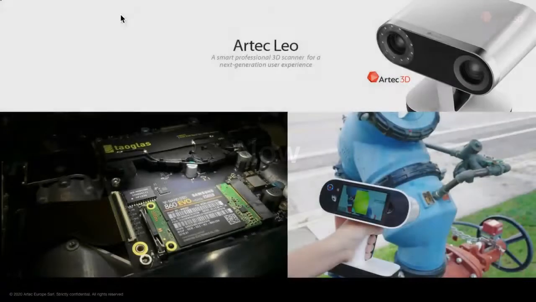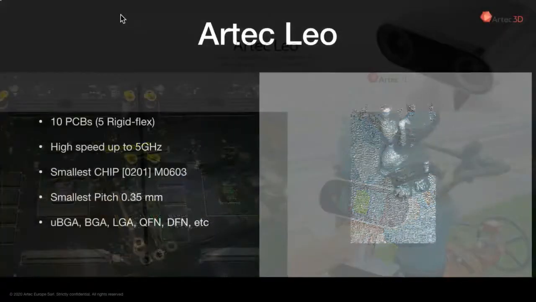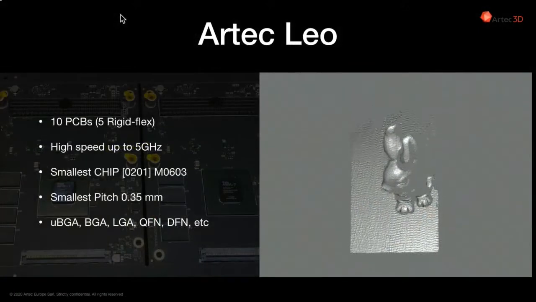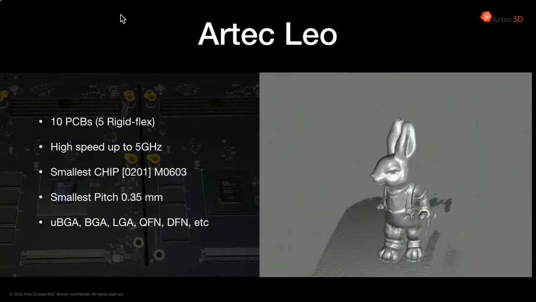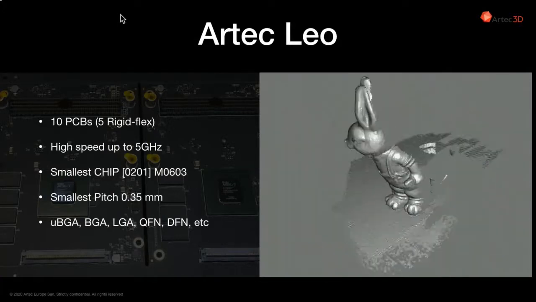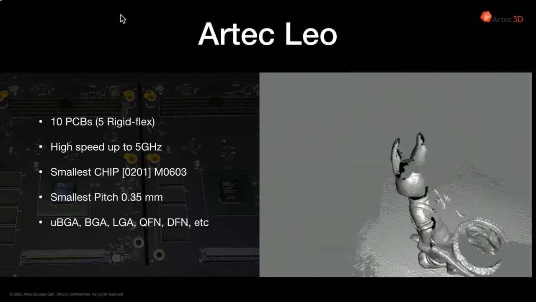Now we are making more complex designs. So you can see our modern device. It has a computation unit, our homemade design inside, for very, very fast image calculation and stitching together the 3D surfaces in real time. You can see it right on the screen of the device. So it's quite a powerful device.